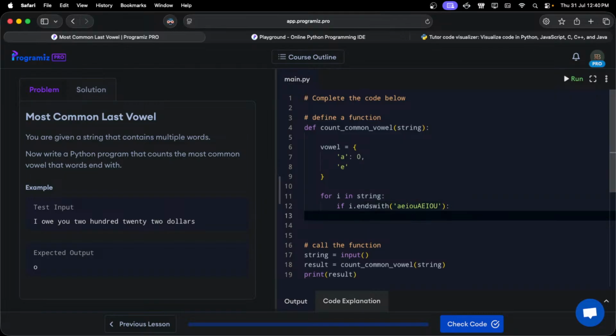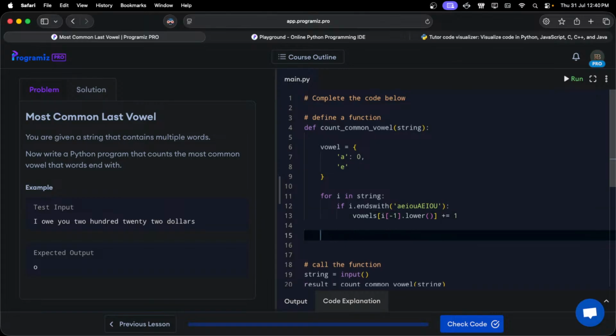If it ends with that, then we do vowels, and then vowels and i minus 1 dot lower, plus equals 1, whatever the value is, get that, and then we do plus 1 in it. Okay, and then